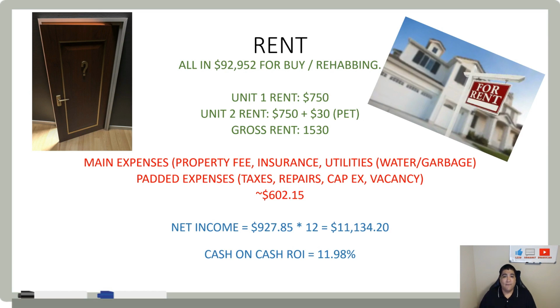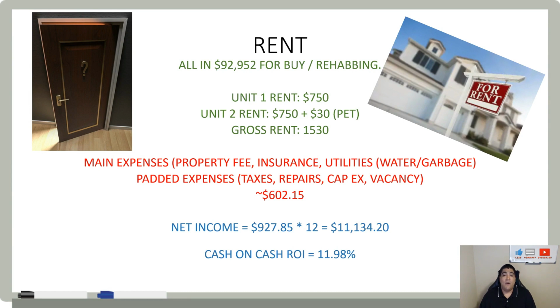Now my first unit, I rented out, so I bought this home back in October 2018. That was back, month 10. I worked and rehabbed this through November and December, and in January 2019, this one was rented out. First unit was rented out for $750. The second unit was rented out for $750, plus they had a pet deposit, but then they also pay $30 per month for their pet in order for that pet to live there within the second unit. So the gross income of this property was